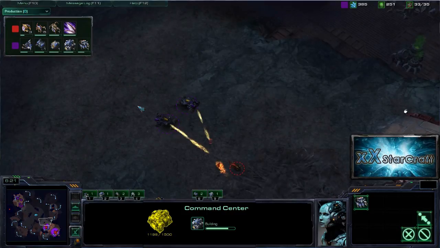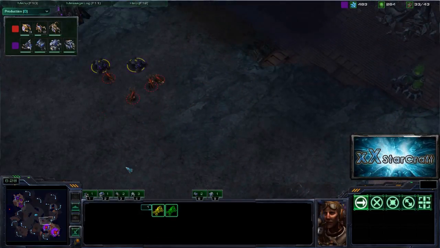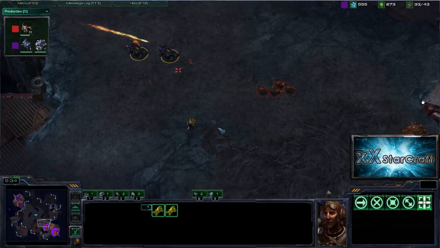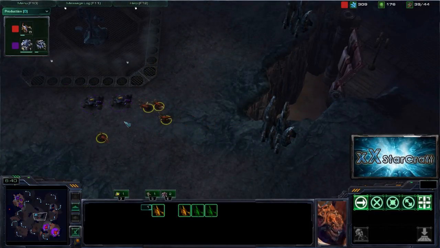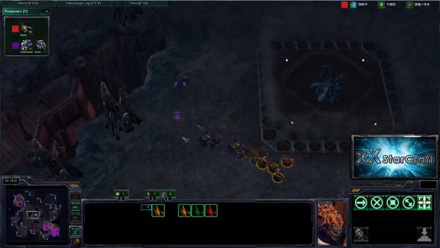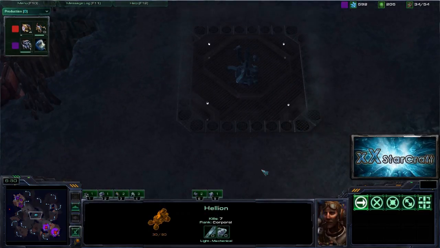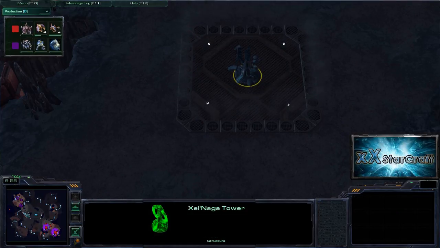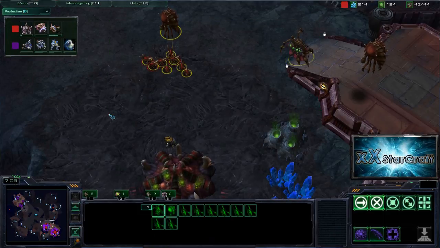Some harassment going on here for QXC, and if you micro those Hellions perfectly, he can kill all the Zerglings without taking any hits, but since the metabolic boost is now finished, those Zerglings will stand a chance against those Hellions. So they're wisely backing out, and no one is really interested in the watchtower. I don't know why, because I would think it would be great to see when your opponent is coming or